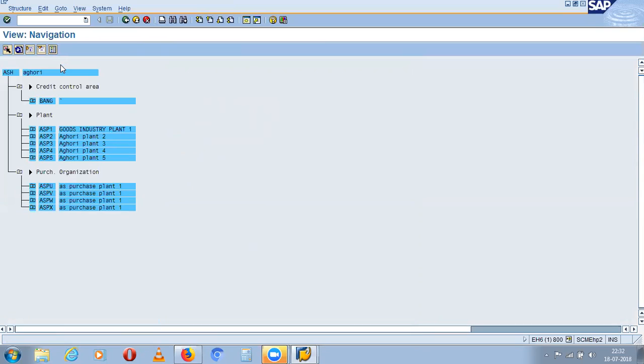So see, this is your organization structure. You had given ASH itself, right? But a different name came, ASP1. Is it wrong? Yes, this is wrong, this is not my organization structure.